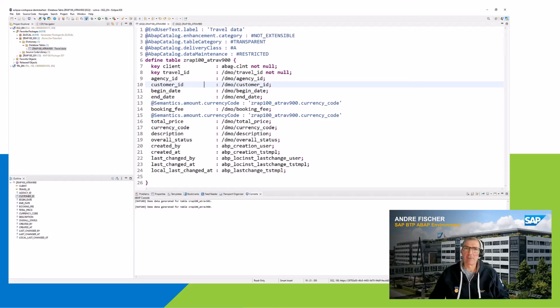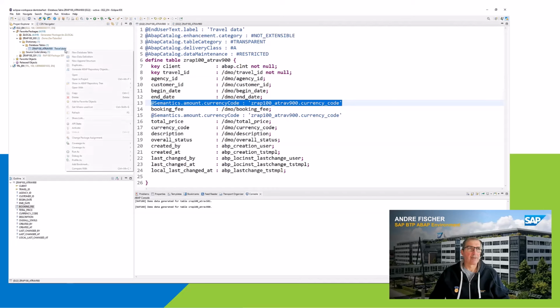So we find here the key fields, and then other fields, and these are based on this data model I've been talking about, this new flight data model, which resides in its own namespace /DMO/. And here, this is the information which field contains the currency code for the booking fee and the total price. Okay, so if I now right-click on this table, we